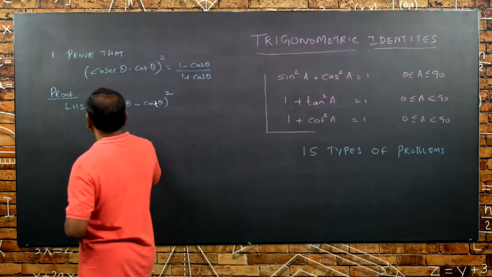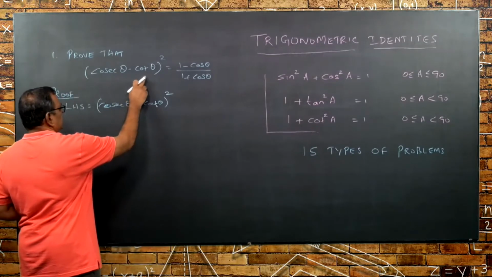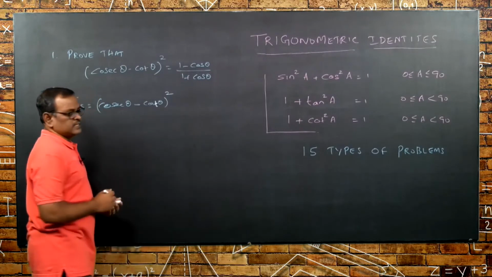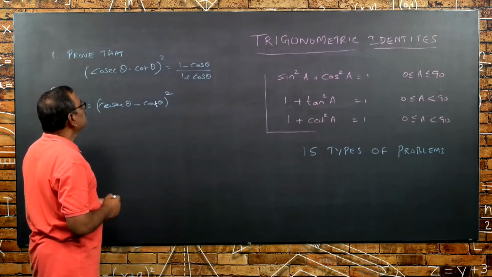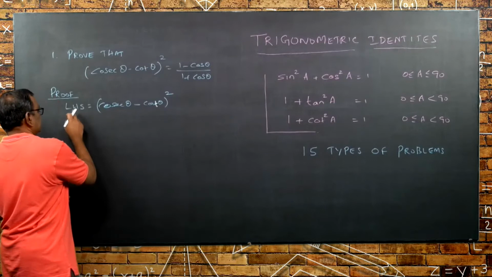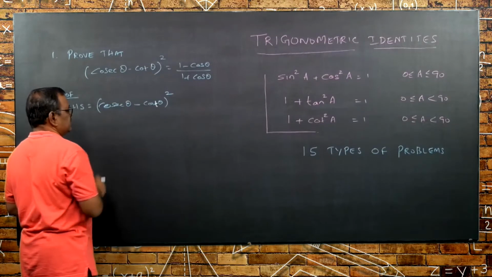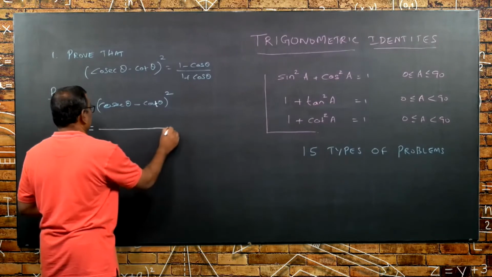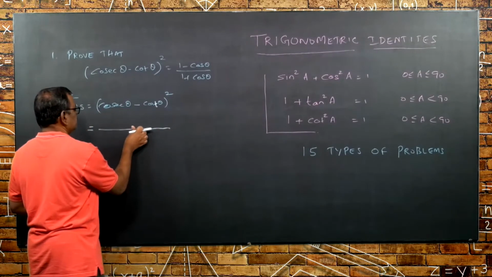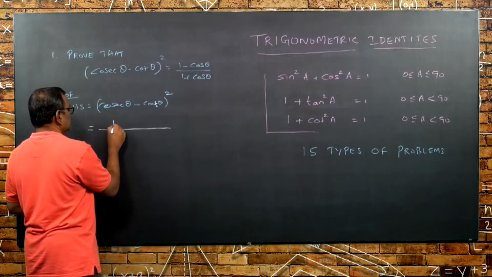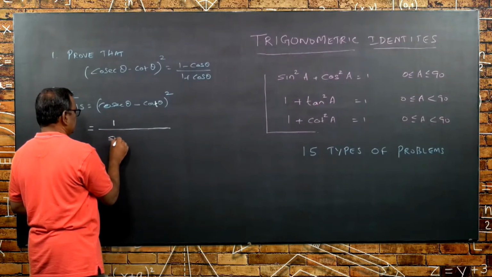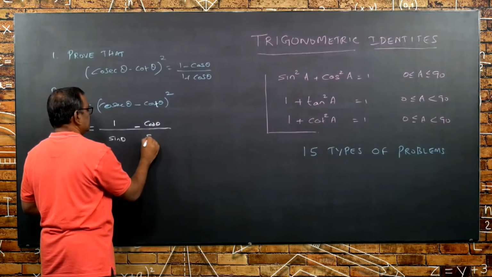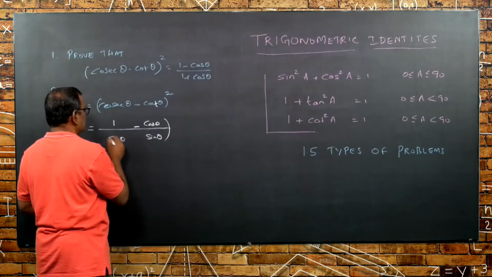One of the type is cosecant theta minus cot theta the whole square equal to 1 minus cos theta by 1 plus cos theta. So every time write LHS equal to the given expression as it is. Next, change into basic function. How to change into basic function? This is 1 by sin theta minus cos theta by sin theta the whole square,